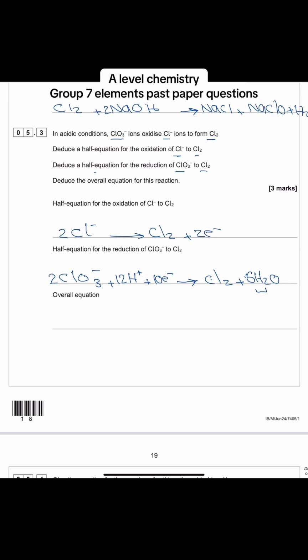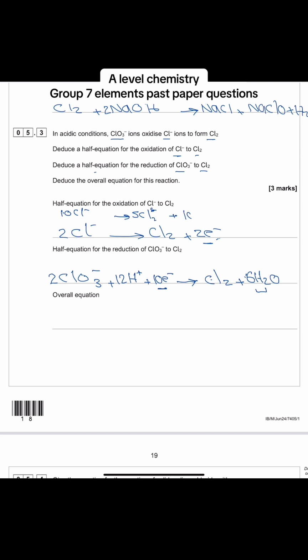Now, in the first equation, there are 2 electrons. In the second one, there are 10 electrons. To add these two, we need to balance the number of electrons on both equations. So the first equation, the oxidation one, we will have to multiply everything by 5. So that will give us 10 of the chloride, will give us 5 of the chlorine,